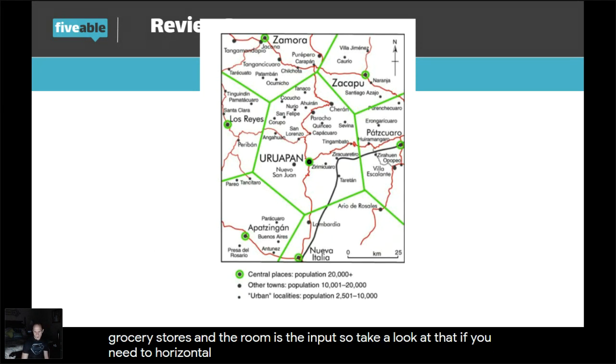Horizontal versus vertical integration. All right. Yeah, I honestly don't, I guess you're asking about. I don't think that's important. I don't know if I understand what you're asking there.